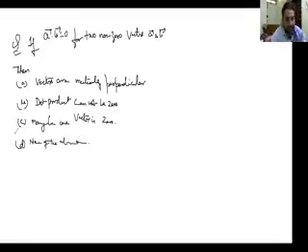I have just now done this. If two vectors are perpendicular, then their dot product is 0. Okay, so A and B are perpendicular, that means A dot B equals 0. So let us find their dot product.